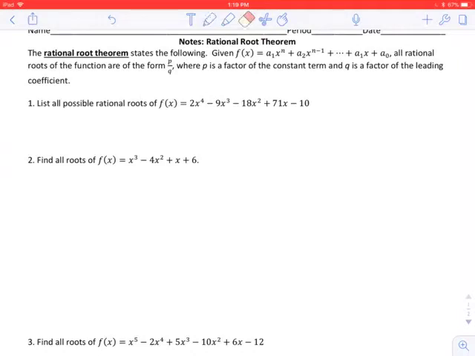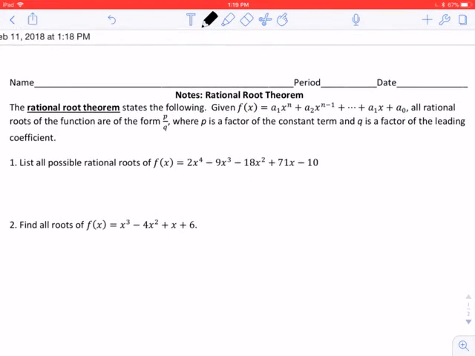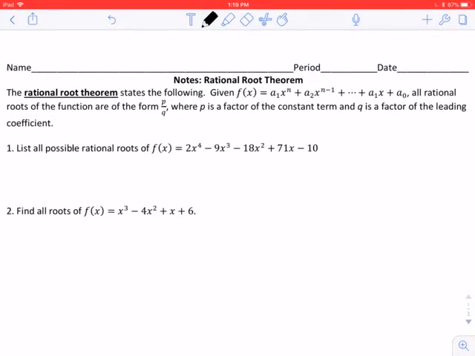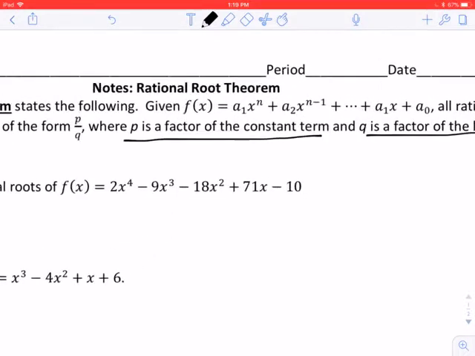Okay, so we're going to talk about the rational root theorem. The rational root theorem states that given this polynomial, so any arbitrary polynomial, all rational roots of the function are of the form p over q, where p is a factor of the constant term and q is a factor of the leading coefficient. So here in this arbitrary polynomial example,